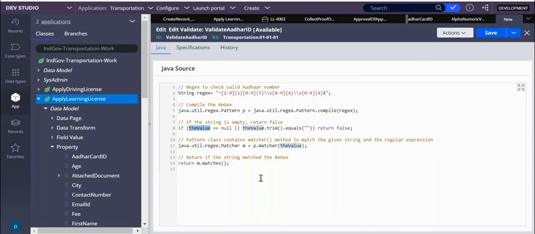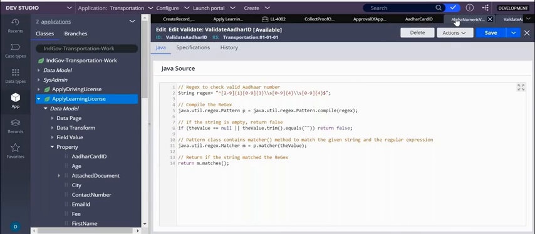That Aadhaar number will be taken as a parameter here as the value. But actually, you have written Aadhaar card ID, and did you write Aadhaar card ID anywhere here? No, right? In the backend, it will take it as the value. Okay, so save this particular edit validate.